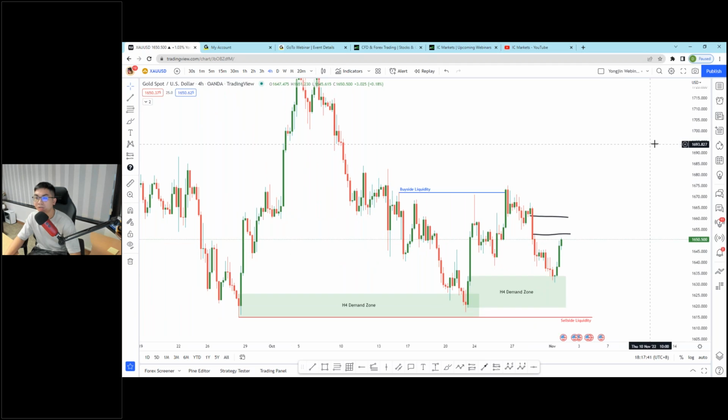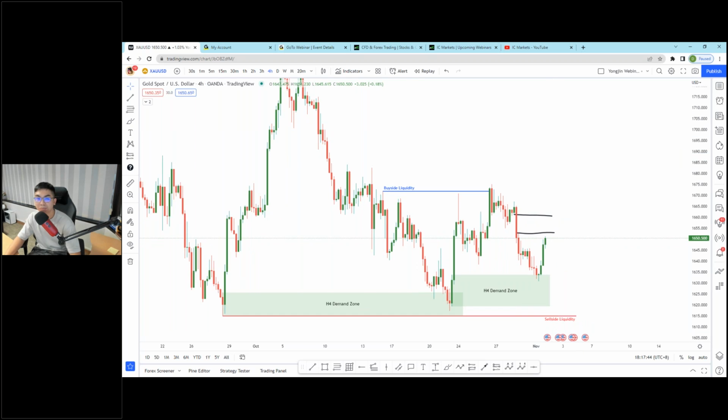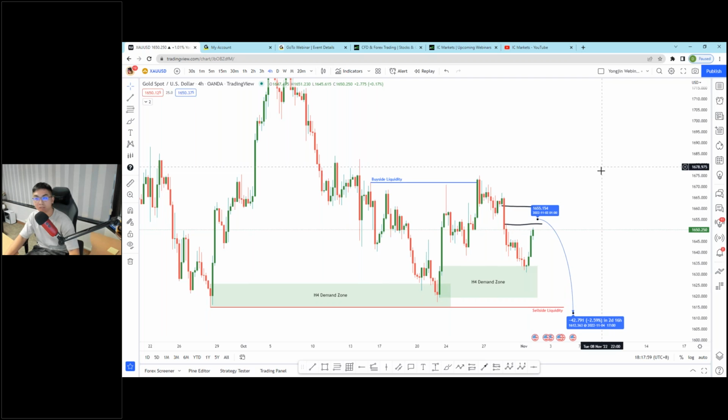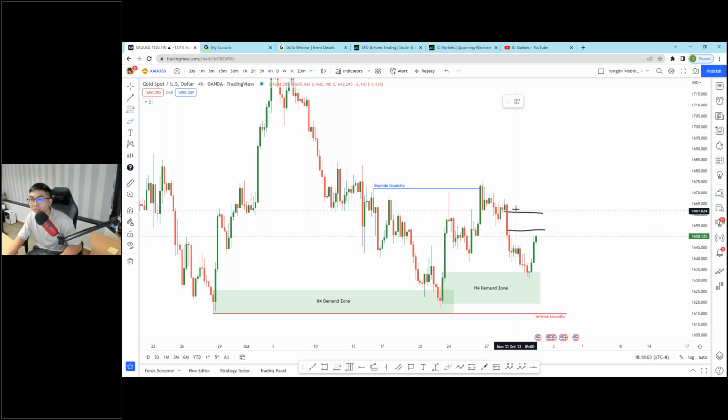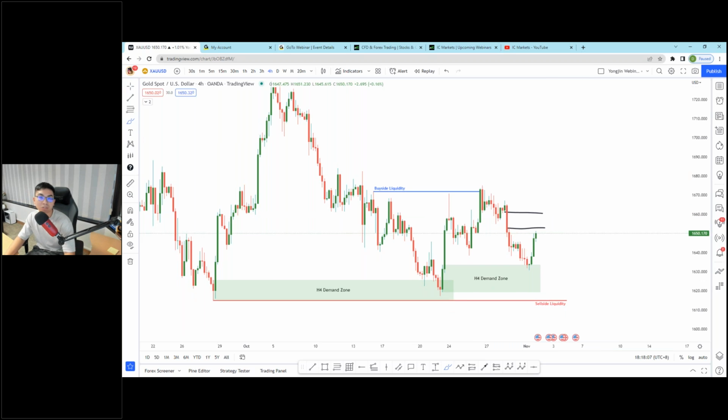Since Gold is on a downtrend, it's possible, not confirmed, for price to tap into the imbalance right here and possibly clear the sell side liquidity. It might be possible, it might not be. So I'm actually just looking for Gold to tap into this area, but I'll not be taking anything since I'm not touching Gold.